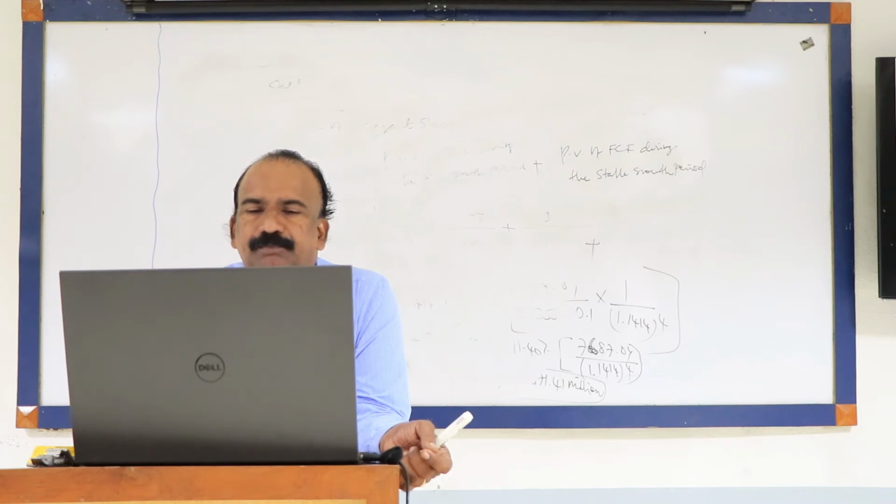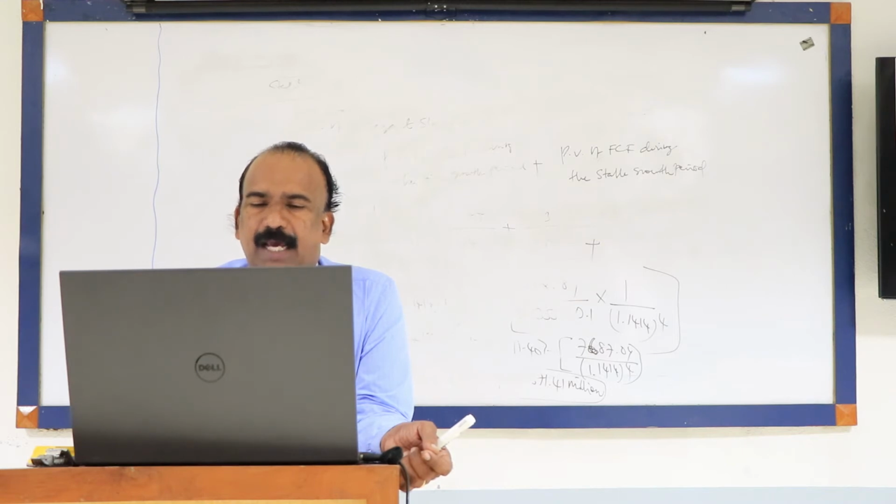So look at this. Super Incorporation is expected to grow at a high rate for 4 years. Thereafter, the growth rate will fall and stabilize at a lower level. The following information is available. Revenue is given, EBIT is given, capital expenditure is given, depreciation is given, working capital as a percentage of revenue is given, corporate tax rate is given, paid up capital is given, market value of debt is given, there is 600 million.